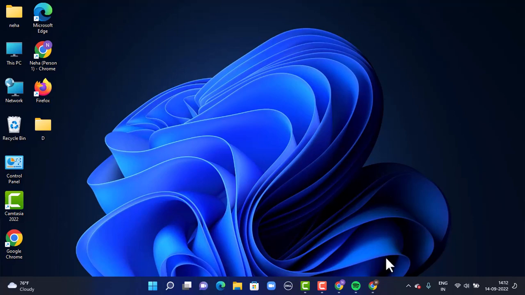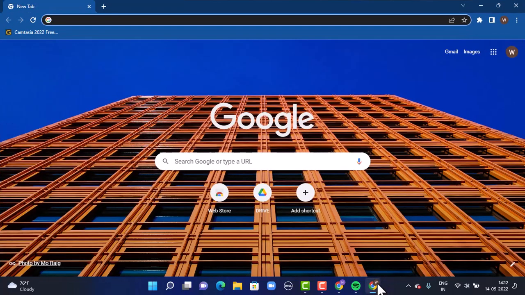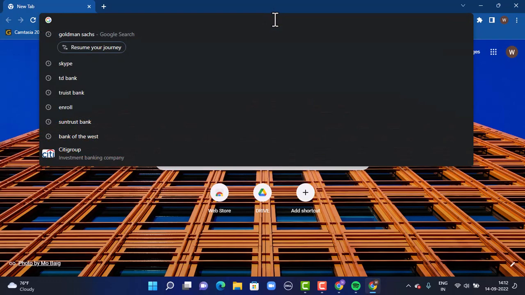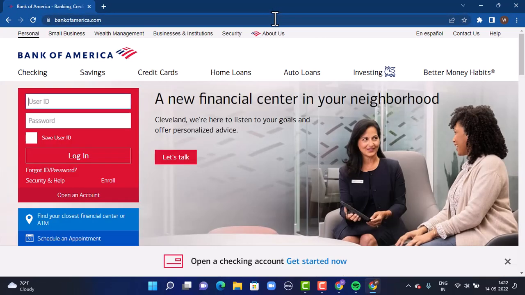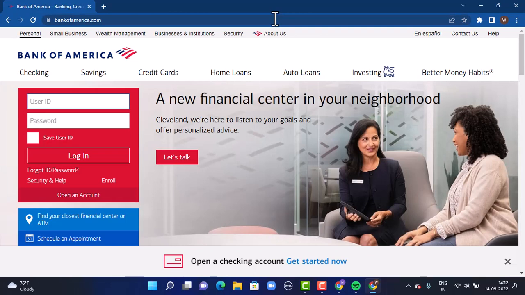First of all, you'll have to open up your web browser. You can use any web browser of your choice. As you open up your web browser, on the search box type in the link that is www.bankofamerica.com. As you type in the link, on the other page you will be directed into the official site or